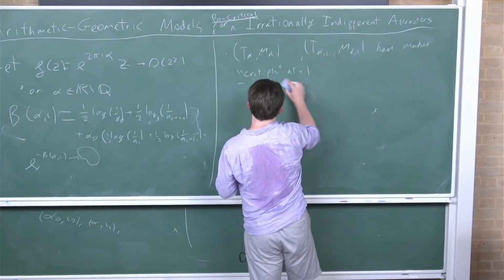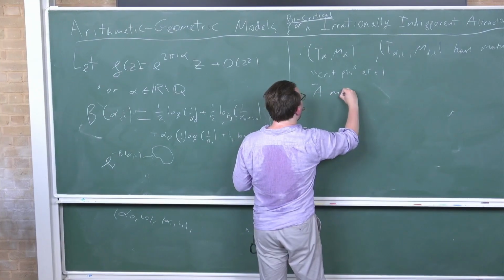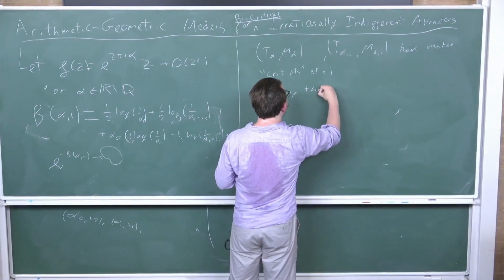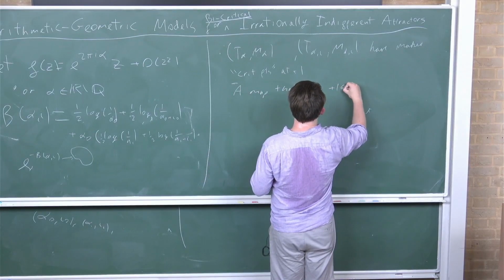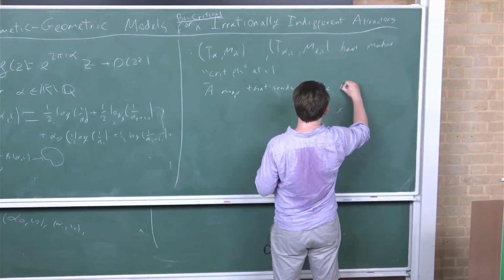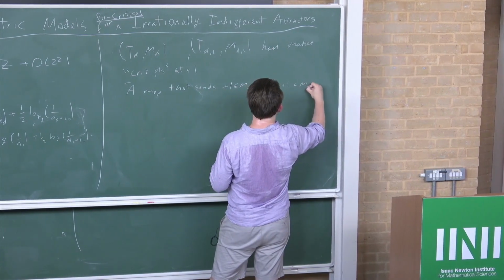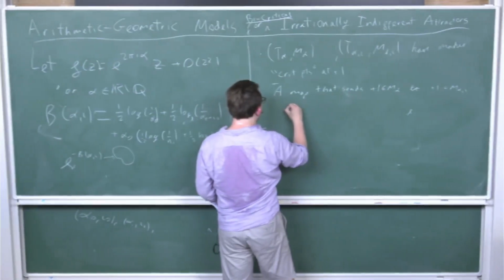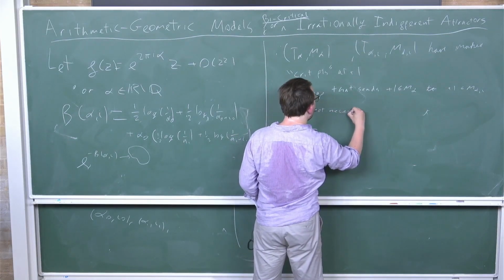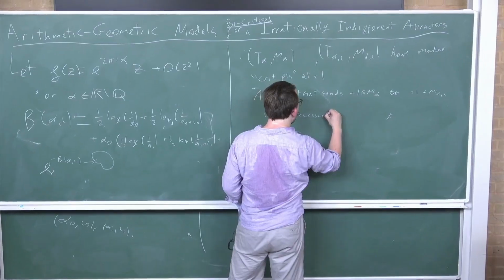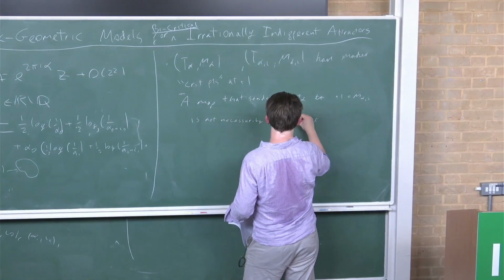A map that sends +1 in M alpha to +1 in M alpha, iota is not necessarily a conjugacy. So this basically implies that,